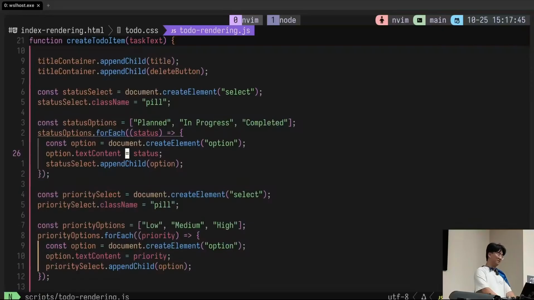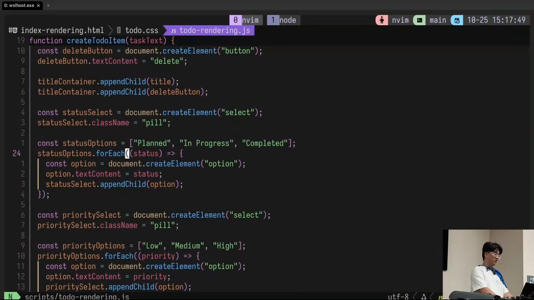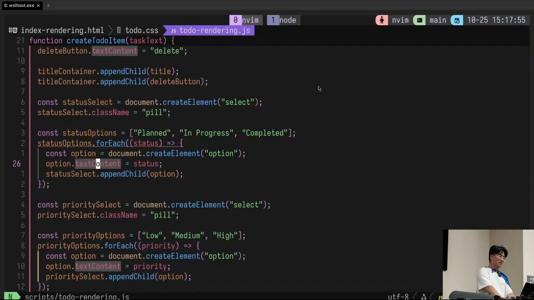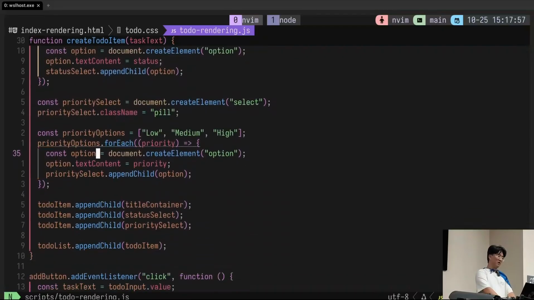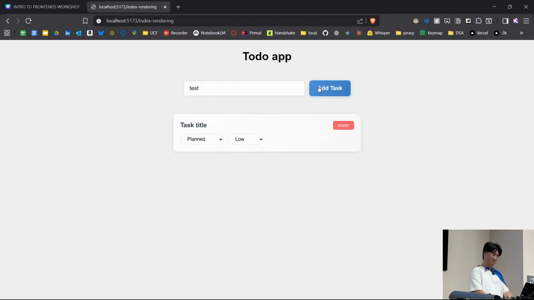It's a lot of words. We have status. It's an array of strings. And then for each of them, we are creating an option element. And then we have the status inside and so on. And we're doing the same for priority. We're creating an array for each, creating option elements for them, putting the text content in them, and then appending to the child, meaning that